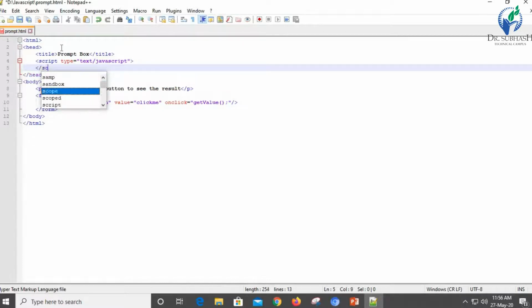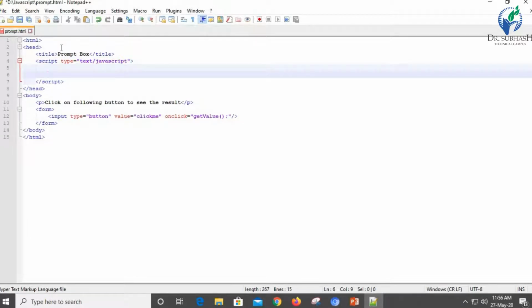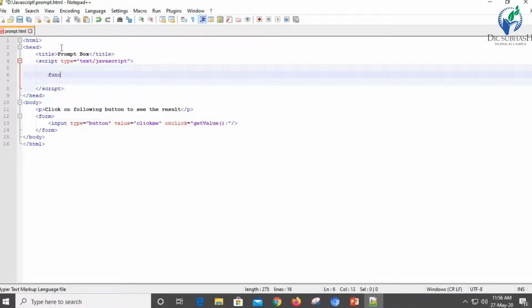We are going to close the script tag. Now inside the script tag we are going to implement the function that we have written. The name of the function is getValue.